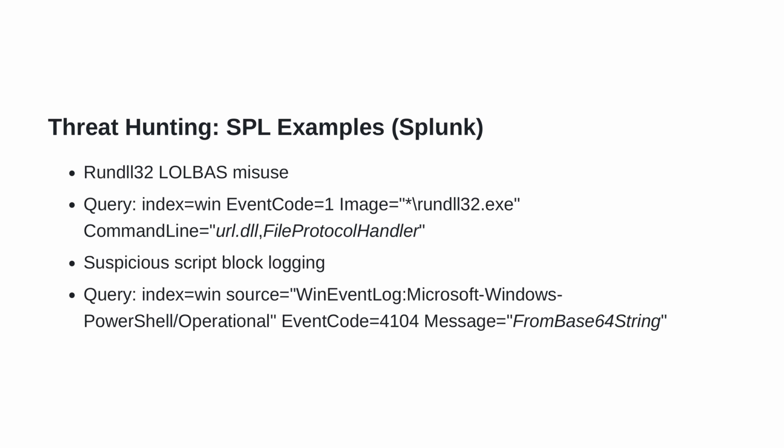This slide shows two quick SPL hunts you can drop into Splunk. First, rundll32 LOLBAS misuse. We're filtering process creation events where the image ends in rundll32.exe and the command line calls url.dll FileProtocolHandler. That pattern is frequently abused to proxy execution or launch remote content. When this hits, pivot to the parent process, user, and full command line. Legitimate activity often comes from explorer.exe. Suspicious parents include Office apps, script hosts, service hosts, or installers. Add fields like parent image, user, computer, and process ID to your table and consider whitelisting known enterprise apps that